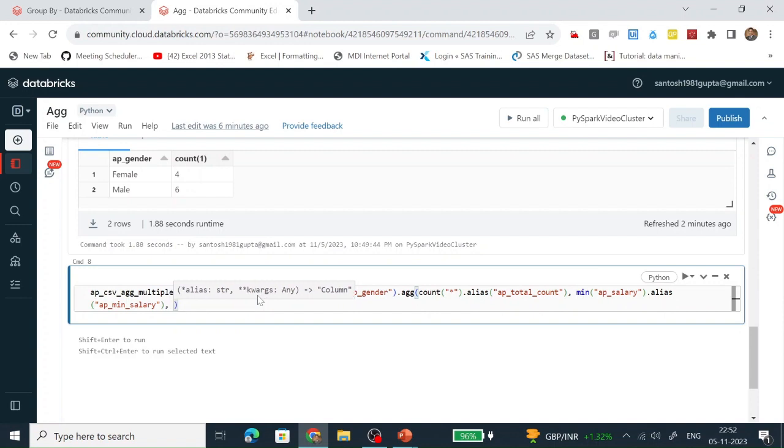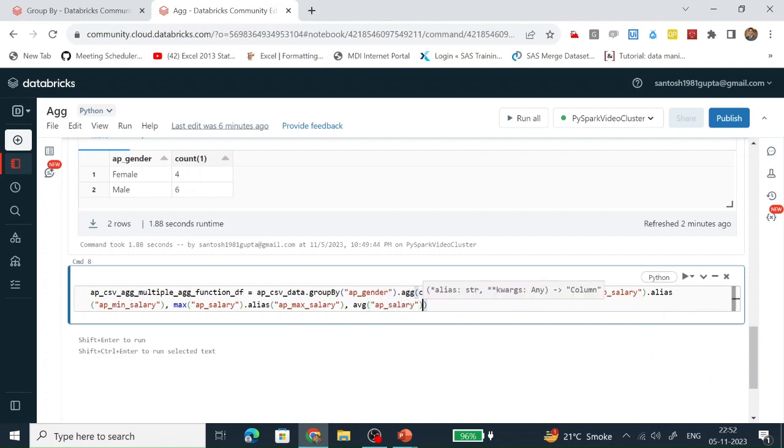Now again, let's see the max: max of AP salary, and we put the alias AP max salary. Again we are using the average function. On which column are we calculating the average? AP salary, and we put an alias AP